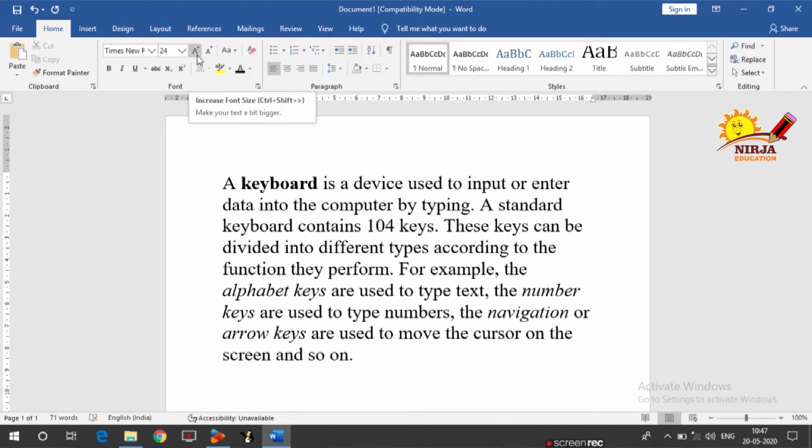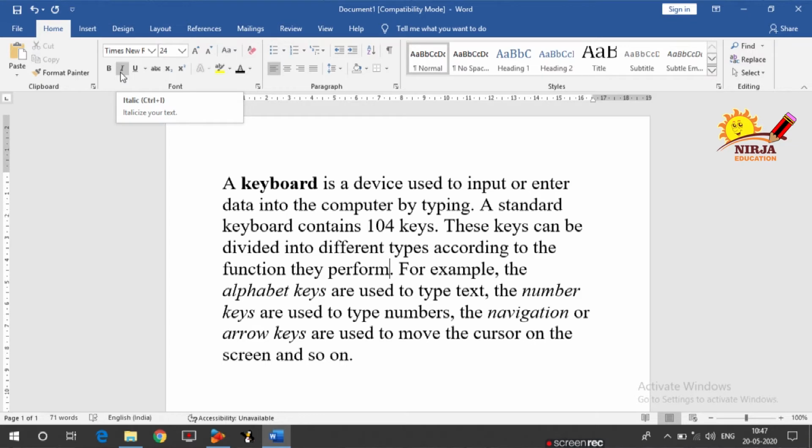Here by default they have given increase font size and decrease font size. What do they do? Increase font size makes your text a bit bigger, and decrease font size makes your text a bit smaller. Next up we have the bold option, which makes your text bold.